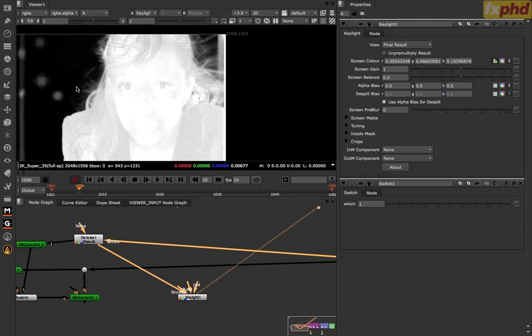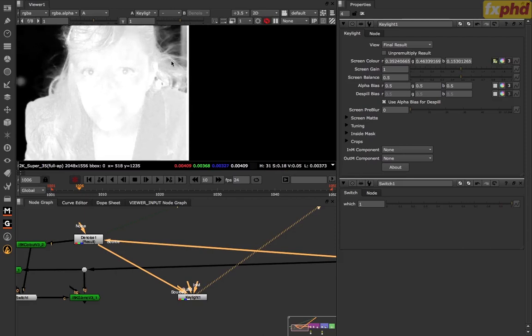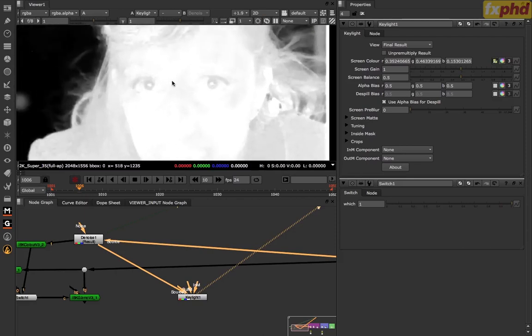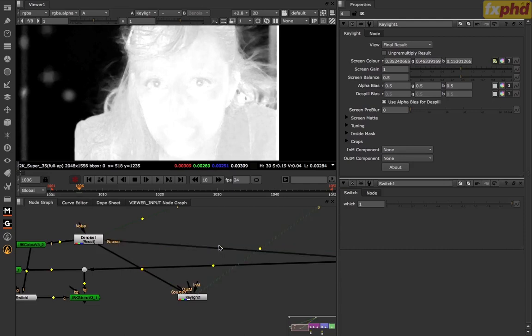sampling the backing color. And then if you literally hold your Option and Control or Option and Command and kind of swim around in the green screen area, you can kind of see what's going to give you the best quality result immediately. And just looking at this, it's pretty clear that the denoise is giving us a fairly muddy result. So perhaps in this case, why don't we just see what we get when we sample it before the